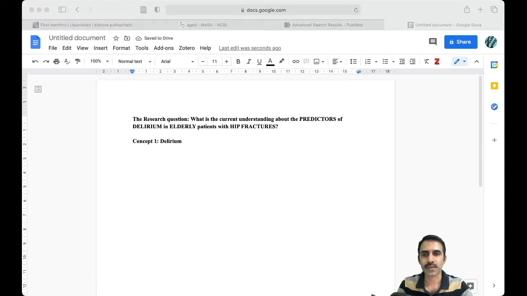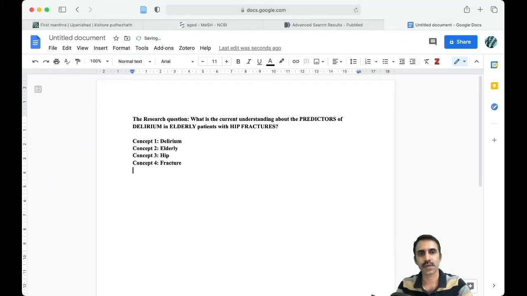Our first concept is delirium. Second concept is the elderly. Our third concept may be hip. Fourth concept may be fractures. We can have a fifth concept that could be predictors.